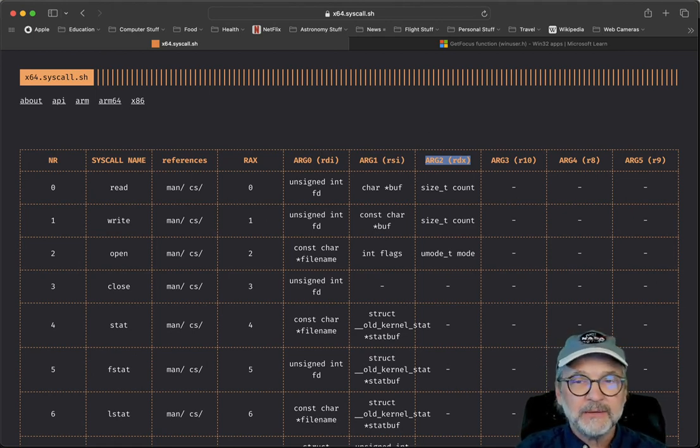Windows, they just do things differently. I don't know why they make it so difficult. It is more complicated. It's not impossible. By no means is it impossible. I've coded in Windows assembly language for years, but it is different. It is a little bit more involved. So take a look at these